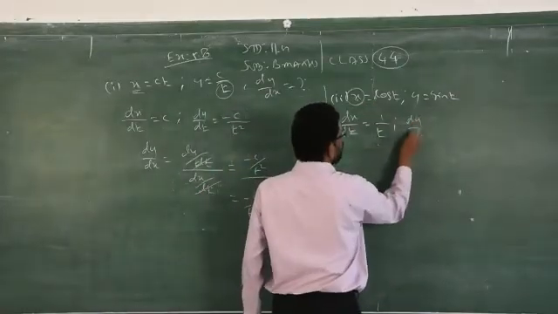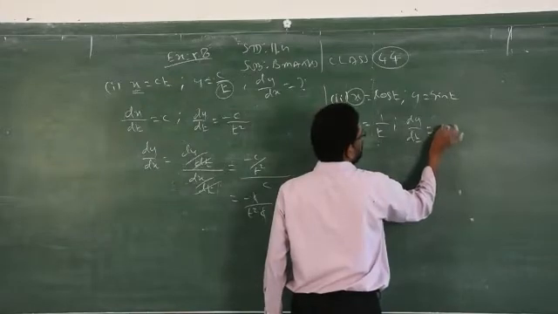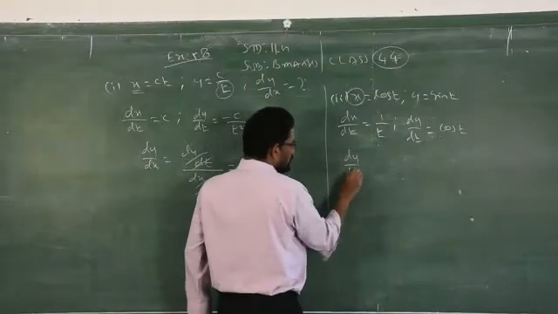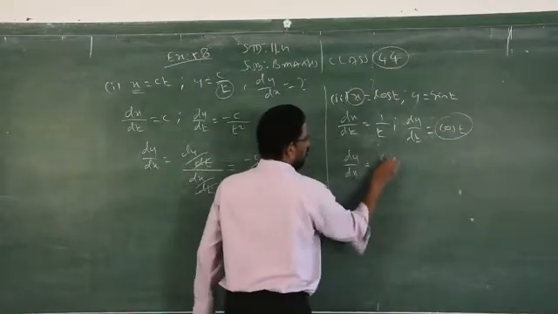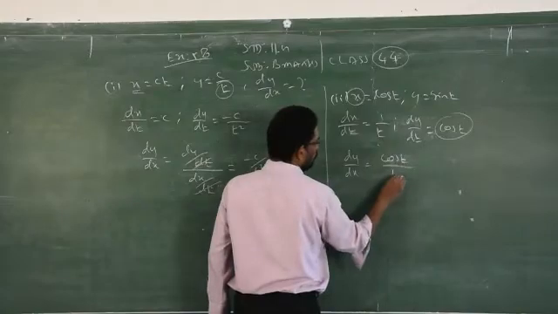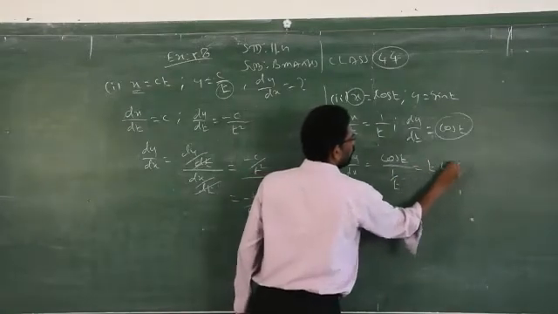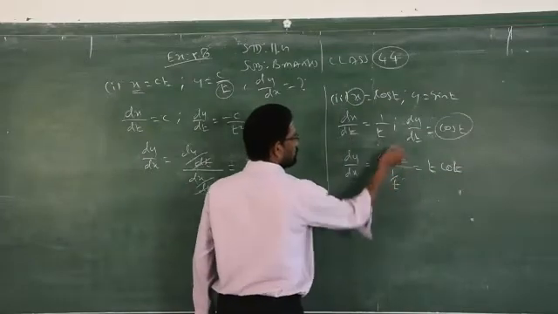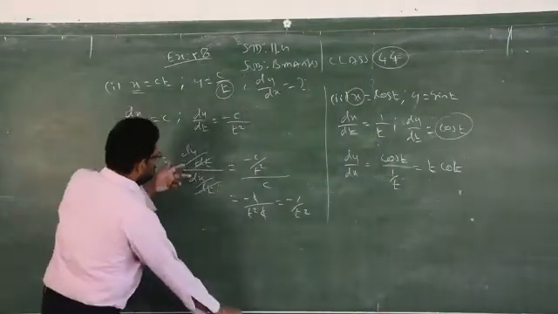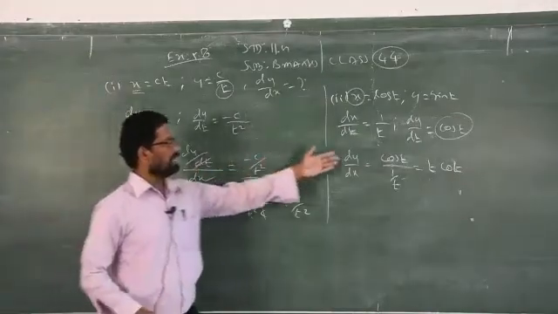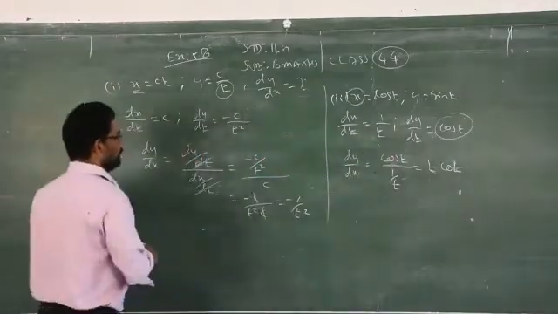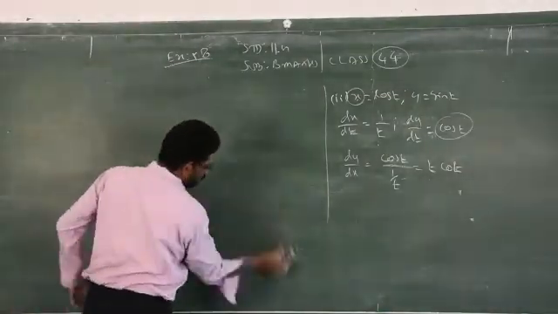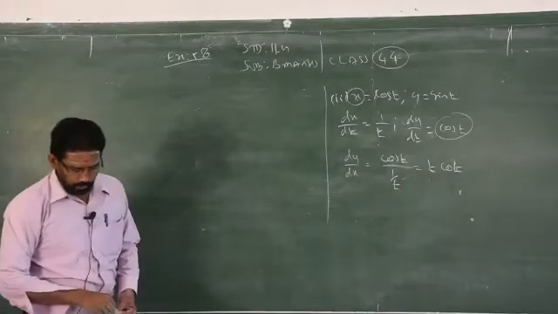Then dy by dt, sin x is cos x, but in the place of x what is given? T. So dy by dx is equal to, straight away you can write dy, that is cos t by 1 by t, which will give you t into cos t. Clear? Denominator by denominator goes to the numerator. So this is for explanation I did like this, but you can write straight away after finding these two answers. Dy by dx is equal to. Clear?